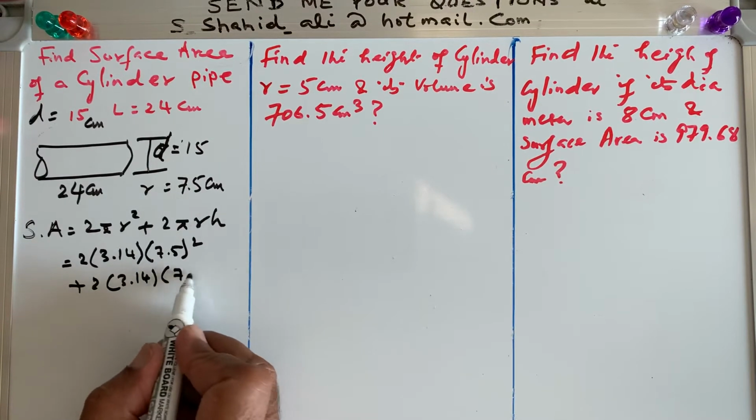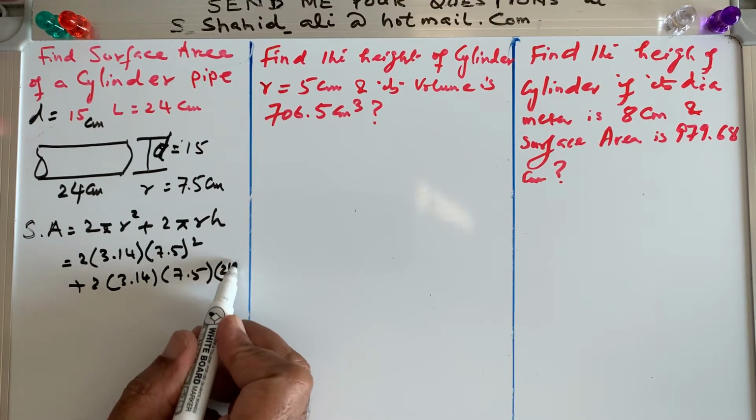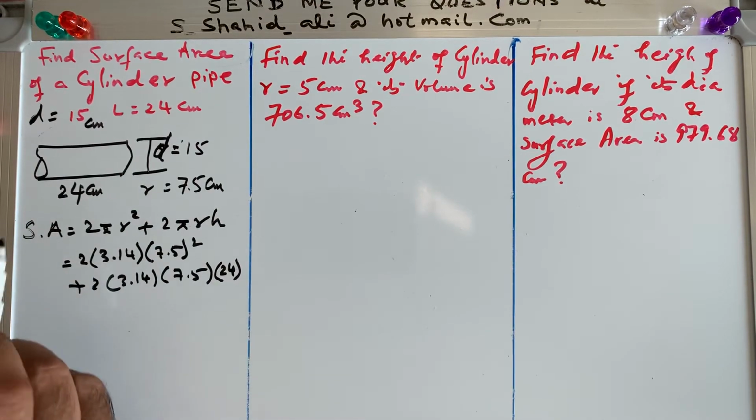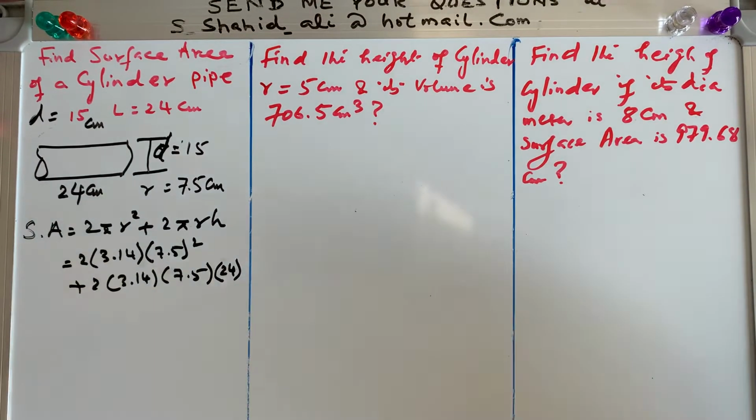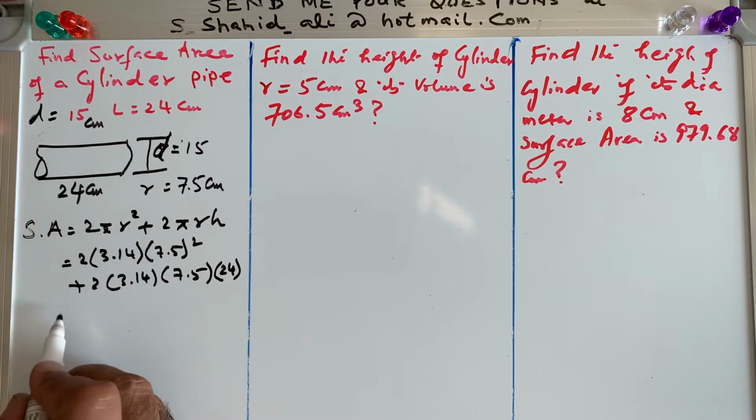r, which is 7.5, times h, which is, in our case h is L, but it's okay, it's the same thing, because pipe height, if you make it a vertical, it becomes height, but if it is horizontal, like its length, right? So do not confuse with that. If L is given, L of the pipe, length of the pipe, right? If you put this pipe vertical, it becomes height. So that means we are good. So we have L instead of H, so we can use them simultaneously, right?